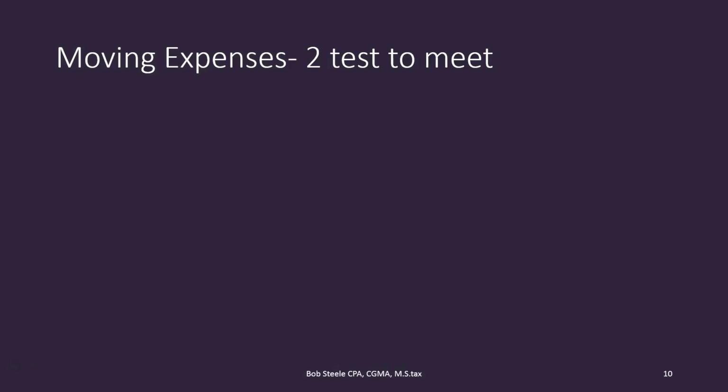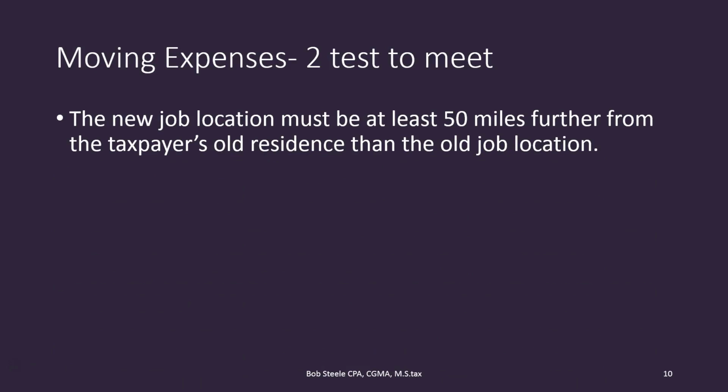And in order for it to qualify, the new job location must be at least 50 miles further from the taxpayer's old residence than the old job location. So obviously the idea being that we moved in order for us to be able to accept the job. So therefore they put this arbitrary kind of mile